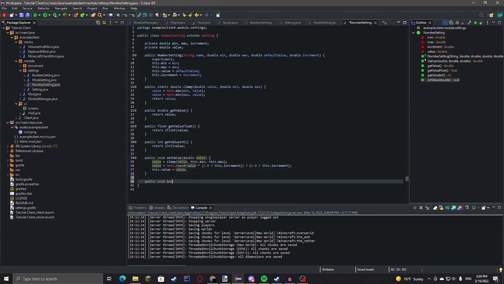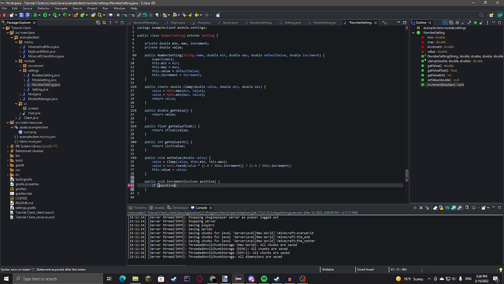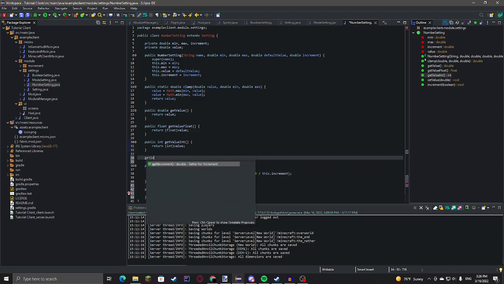Public void increment. Boolean positive. If positive, set value get value plus get increment. Oops, I didn't make that one yet. Get increment.